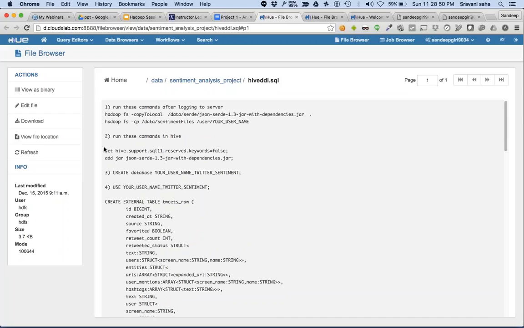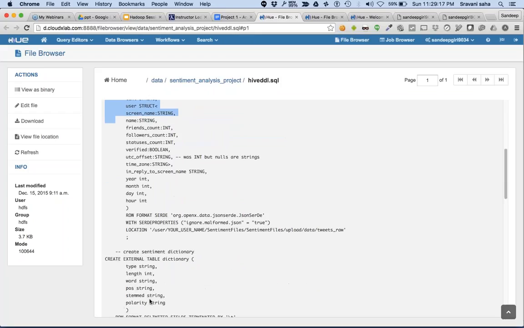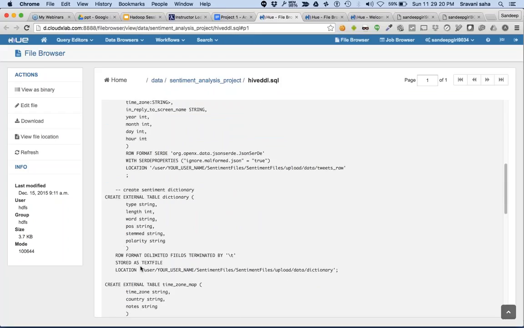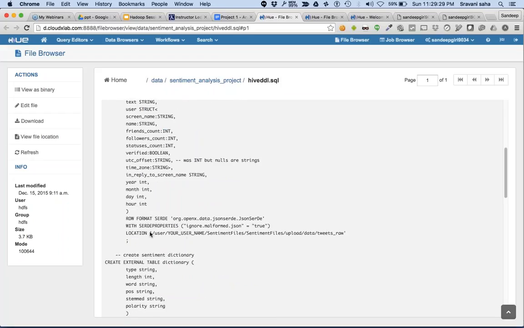Okay, first of all, you set the hive sql1 result keyword as false, and then before running hive, you run the command inside the hive command itself. First, run the command called hive and then execute this, then this, and create the table like this. What's happening is in this table, it first loads the data from the input folder. So you can see tweets raw is nothing but the data at this location.